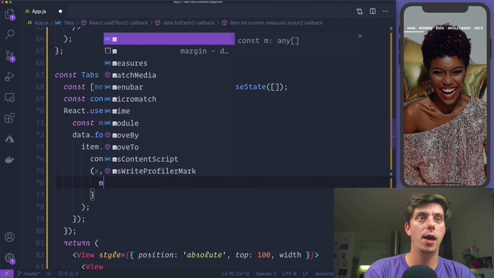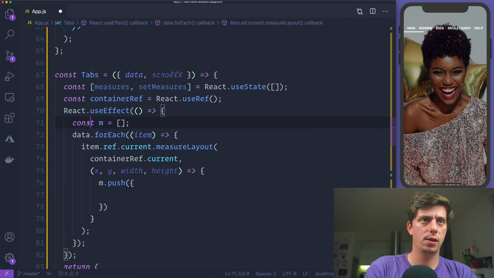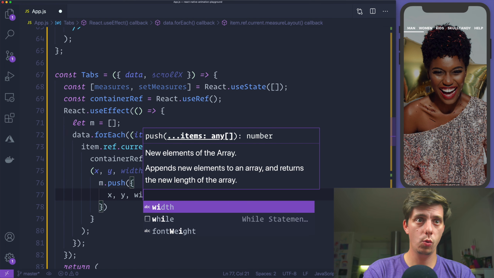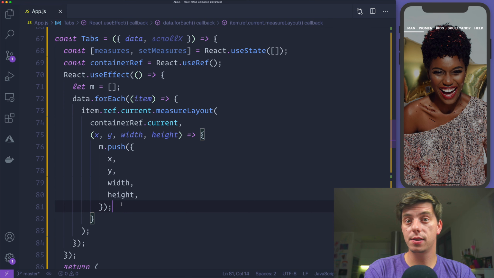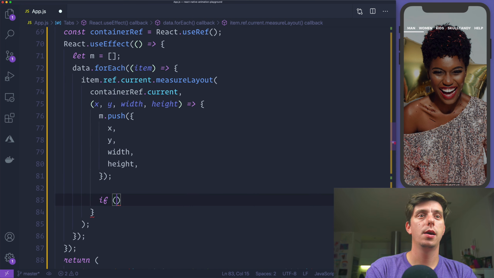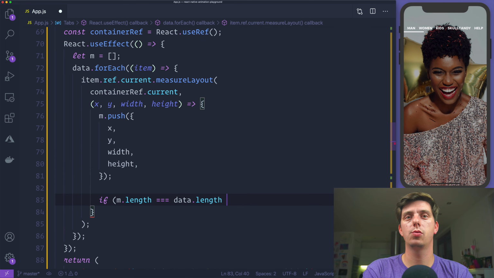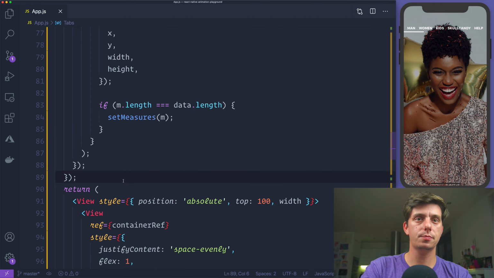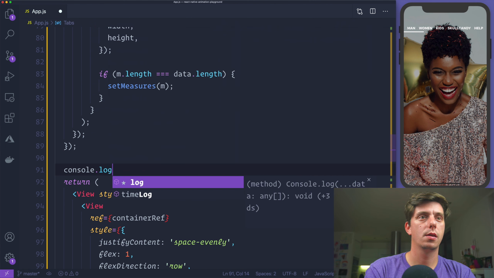So we'll have m push, and we can define this as a let, it doesn't matter, and we'll have the x, y, width and height. And now to set the measurements, we will check if the m length is equal to data length, meaning that we are at the last measurement, right? We would like to set the measurements with all the measurements. Now if I console log measures